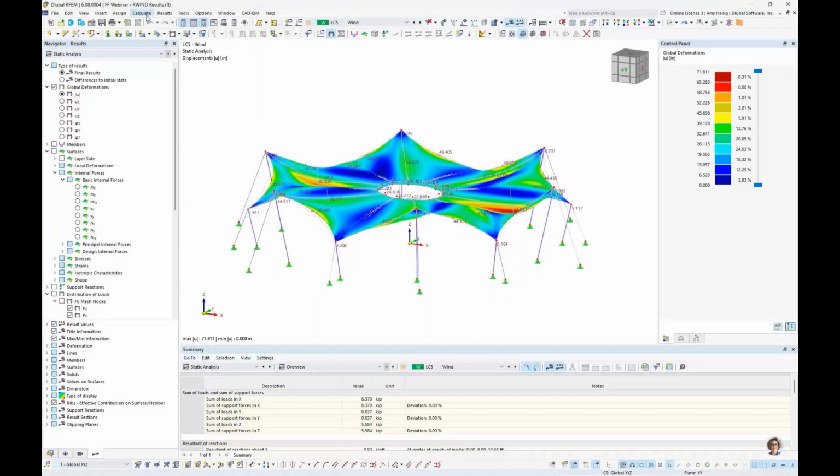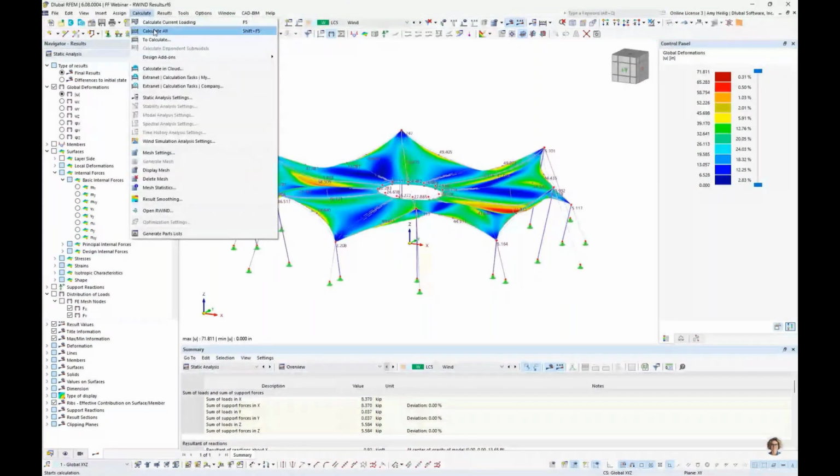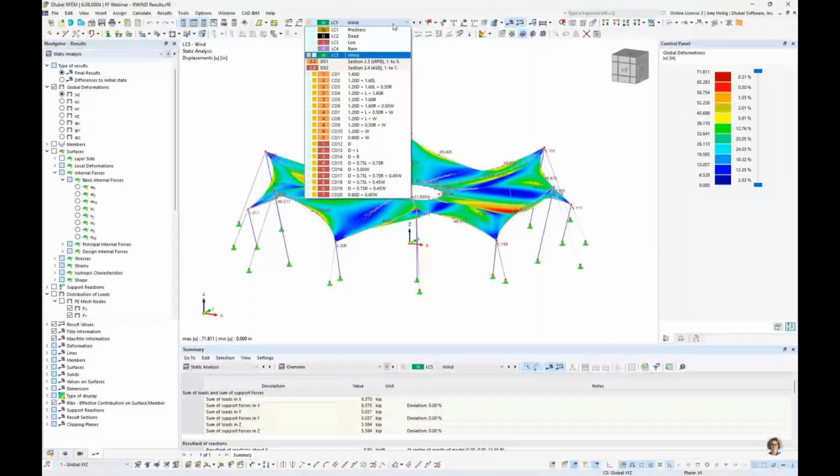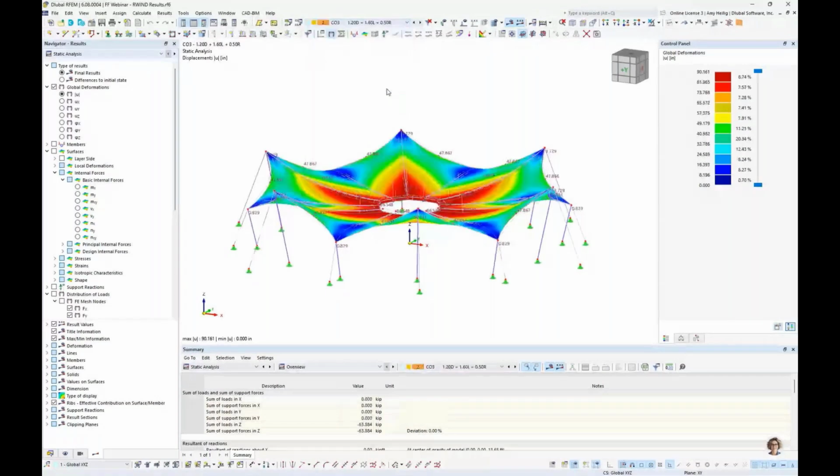And once we do so, we would go to calculate all, and the program would cycle through all the different load cases and the combinations here. So we'll assume that we ran through those load combinations and the analysis combining the wind loads from RWIND with the other load cases. So if we drop down here, for example, to load combination number 3,